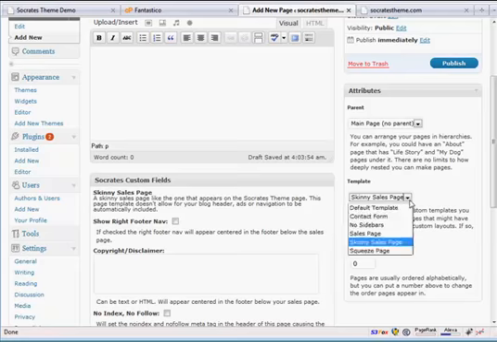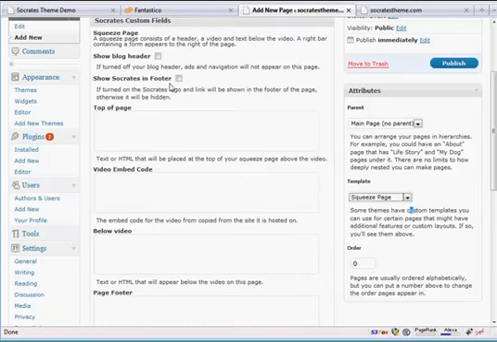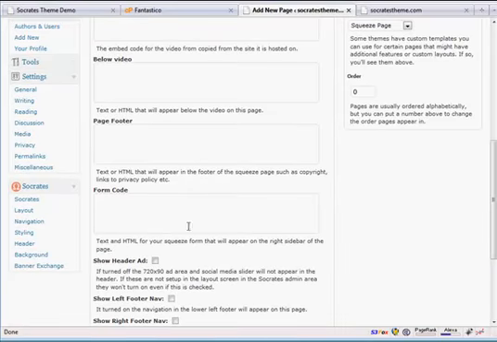If I decided to do a squeeze page, I could turn off the header. I can show Socrates in the footer if you want to do affiliate link. I can put an HTML here. I can put my video embed code from YouTube or whatever video service I'm using. I can put more HTML below it. I can do a page footer. And this is where I put in my opt-in code, and it will just generate a squeeze page quickly. But if you want to learn more about that,